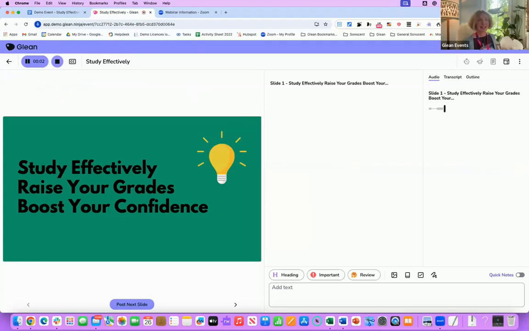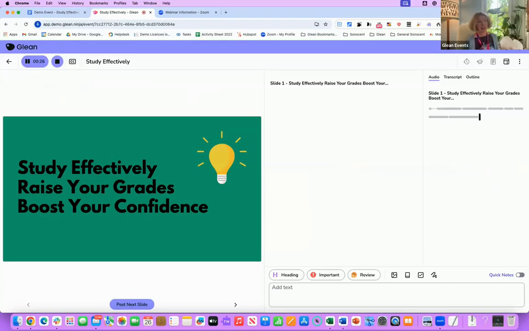Now, of course, Glean is starting to record my voice, and you can see it is visualizing my voice on the screen as these blocks of speech. And there are gaps, of course, whenever there is a pause. So it's based around phrasing, and this makes the audio really easy to navigate, and it means that you can link text notes or labels to key moments that you can then review at your own pace